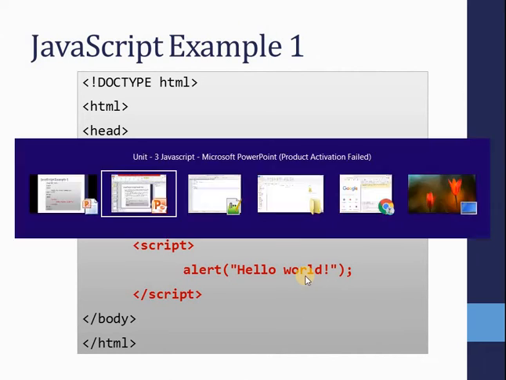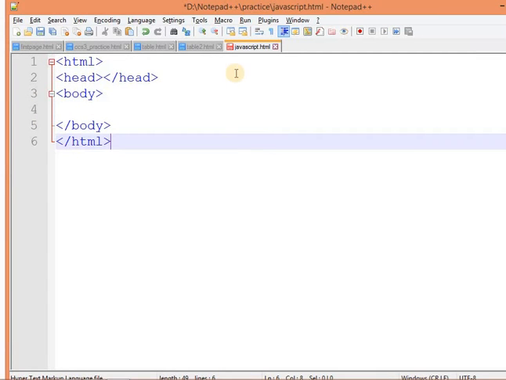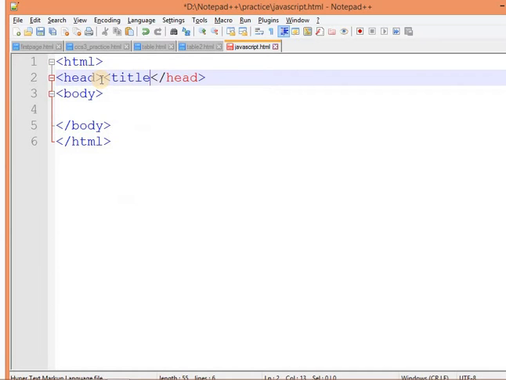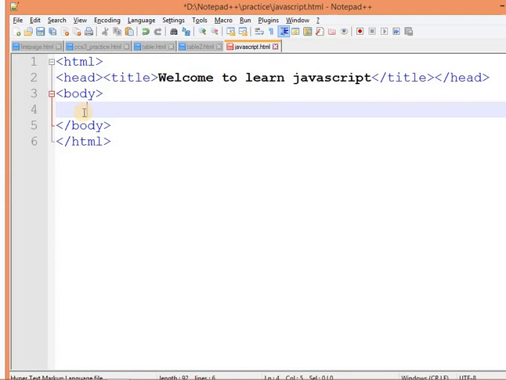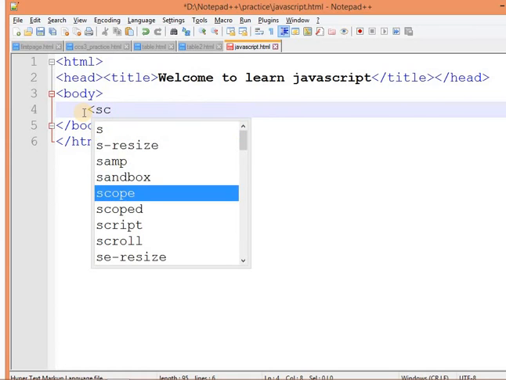So let's see it in the Notepad++ editor. Just like that, it is our simple HTML code. Let me just add a title: Welcome to learn JavaScript. And inside this body section I am going to add a script.